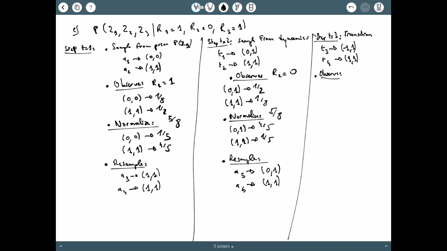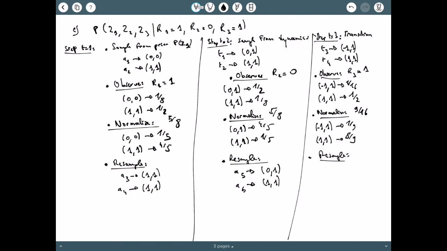And what we observe here is R3 is 1, which means that the first particle minus 1, 1 will have a very small likelihood of only 1/16, while the second one will have a likelihood of 1/2. Then we normalize, and this time we normalize by a different sum of weights. Finally, we resample,